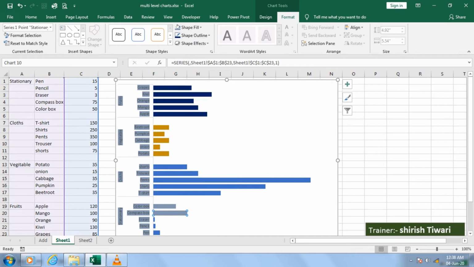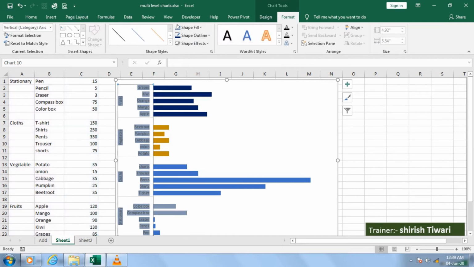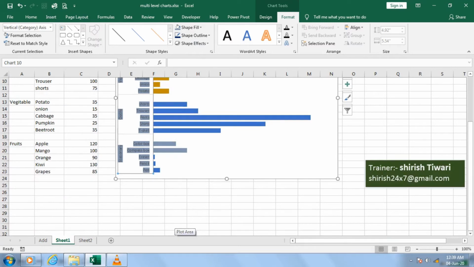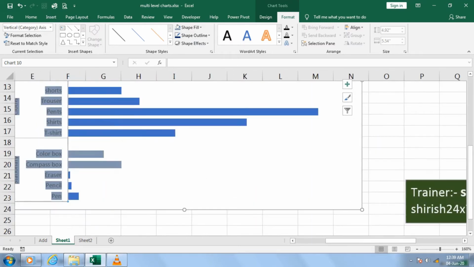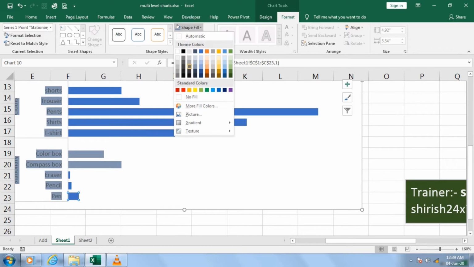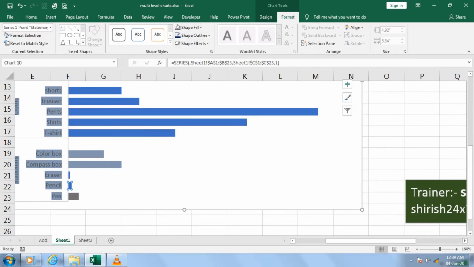Okay, so similar way we'll go there and we'll add more colors to these. I'm just using a zoom button so that it can be more zoomed and we can see clearly. Okay, so I just added a color, then finally I just click two and then I press something, but what I pressed you have to find out and tell me.